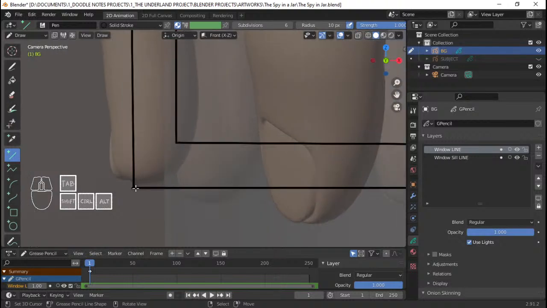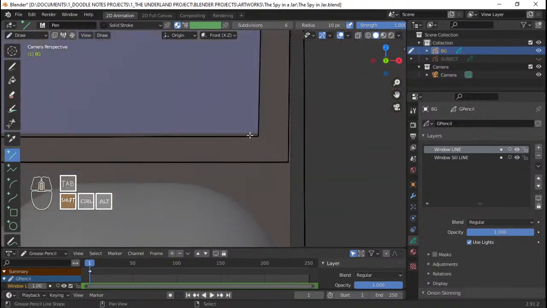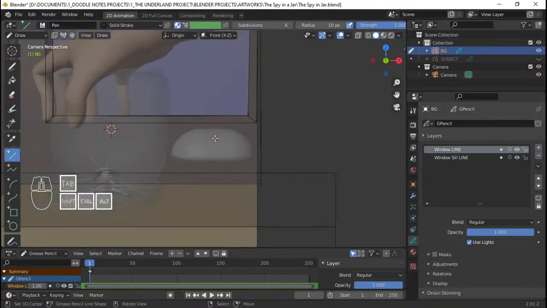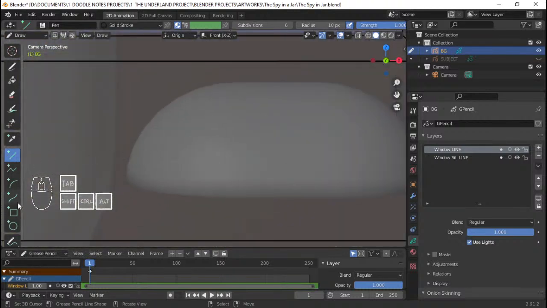So that's nice. I'm gonna add a line connecting these edges here. Enter, or corners. And same goes here. I don't even have to follow the reference that well. So I'm not gonna be using any of the colors of the reference.